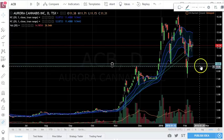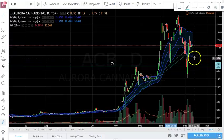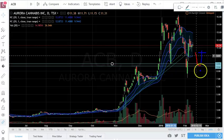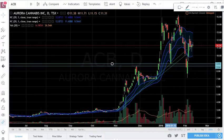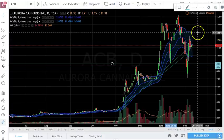It would be good to see a bullish candlestick there with a big wick failing to break below the Keltner, but dipping into that zone. So something like this, for instance, but then ending up somewhere here. That's a potential retracement. Now, if it does break to the upside, it would have to break above the Keltner